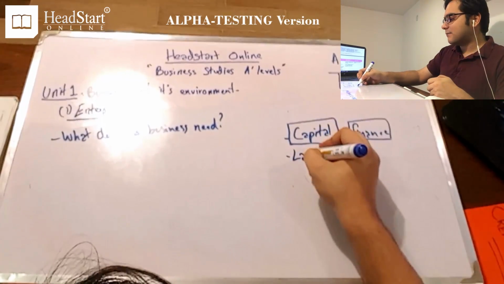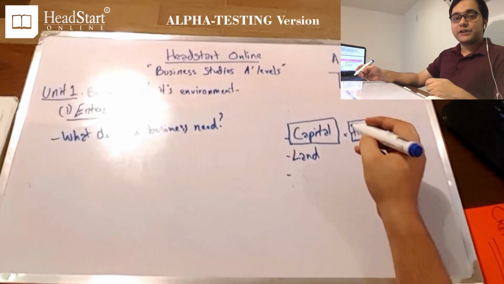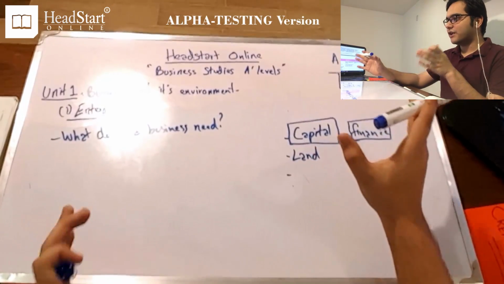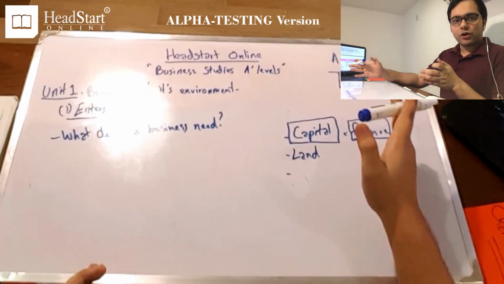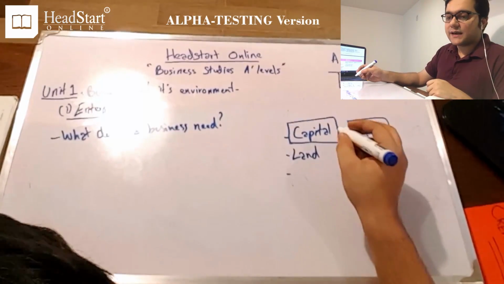The second thing a business might need is land. Obviously, premises is very important. It's a huge asset when it comes to a business, and you need to be able to have a certain premises where you create your product, where you store your product and everything. That's pretty important. The next thing obviously is,